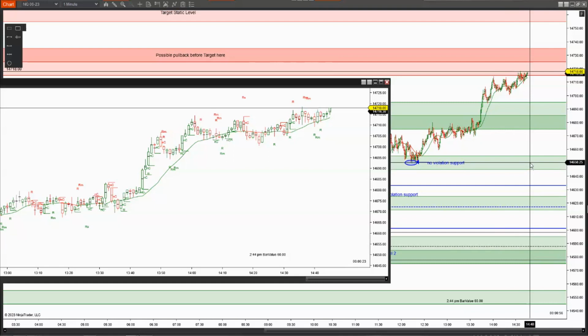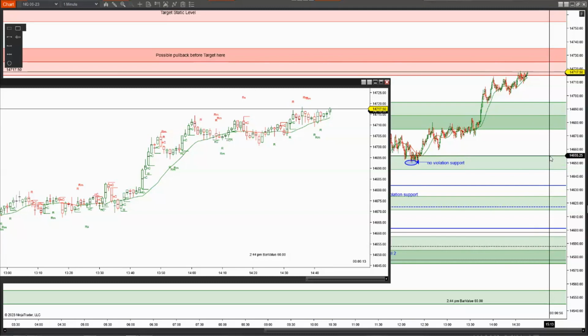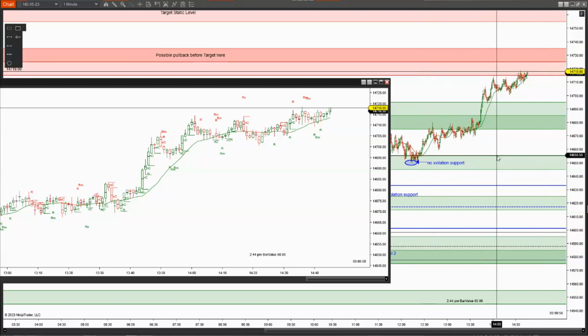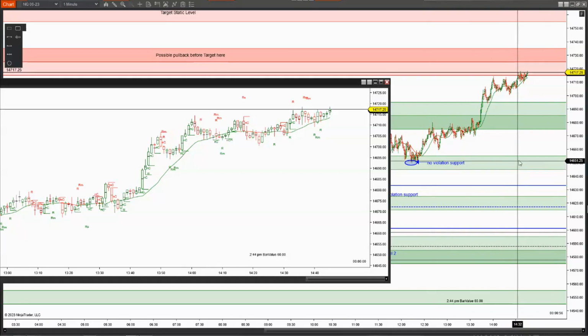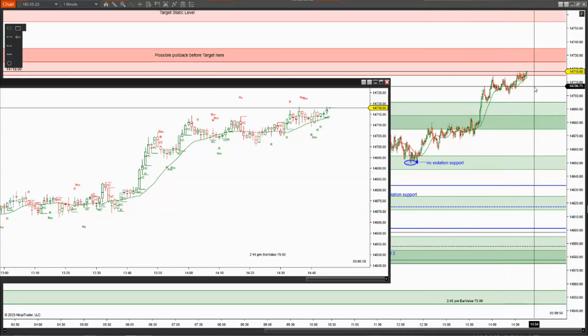Let me see where we're at. 55, 55. So 655. Okay, we're going to use the two numbers right before the decimal here. Let's go. Where are you at? Okay, there we go. Right at the top. Yeah, so that makes sense. All right, so I did place it there correctly. So 655, that's why it's no violation on support. I just wanted to make sure that was right. 655, and we're going down to that 45. So you don't want them to come through that at all. And that's how I place the zones. That's the reason for that.